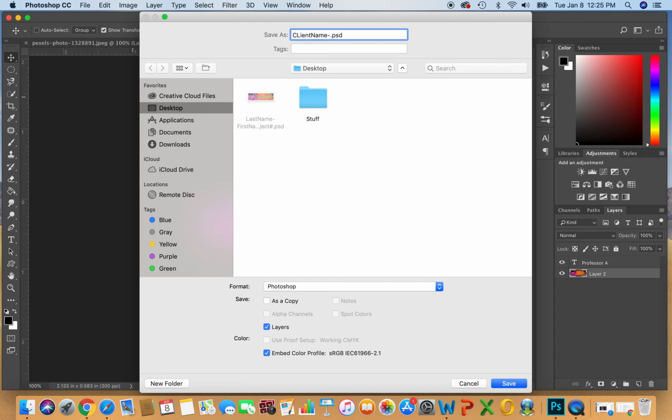You can obviously figure out what works best for you, but I like to do client name, what the project is, maybe it's a logo, and then this might be first draft, and then as you make changes, you can save as first draft, second draft, third draft, and then final, and then you get some revisions afterwards, and so then you could name it